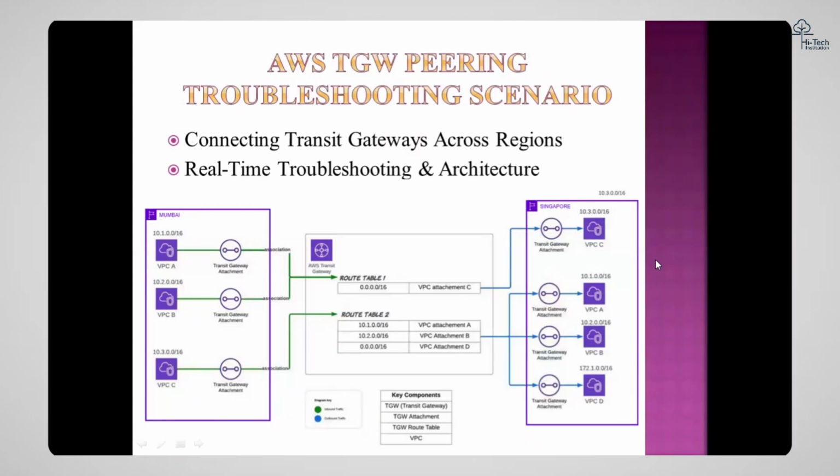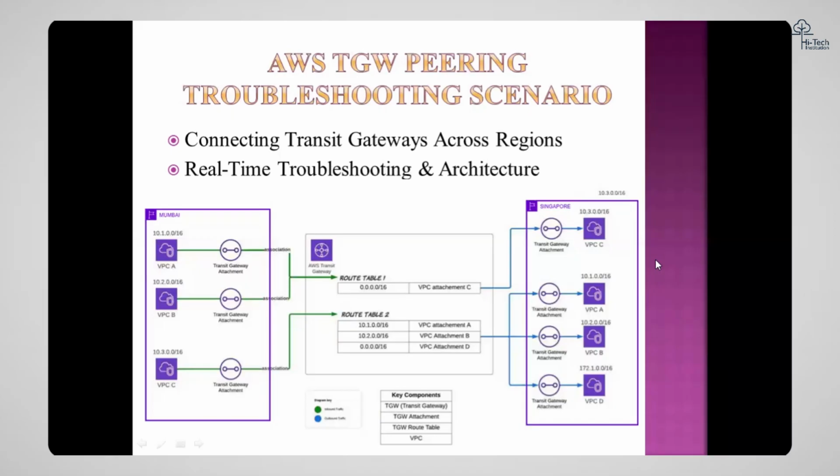Yes, we are again coming with another topic, an AWS troubleshooting scenario. Today it's going to be an even more interesting scenario. I think this is the first time on our channel we are covering transit gateway troubleshooting. Of course, when somebody talks about transit gateway, the connections and understanding the architecture itself is really complex. But today I'm going to explain this architecture, what the exact issue is, how we identified the issue, and all the troubleshooting steps.